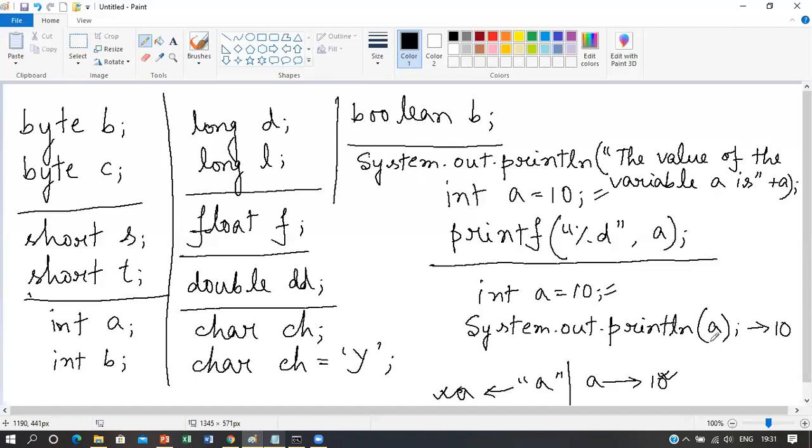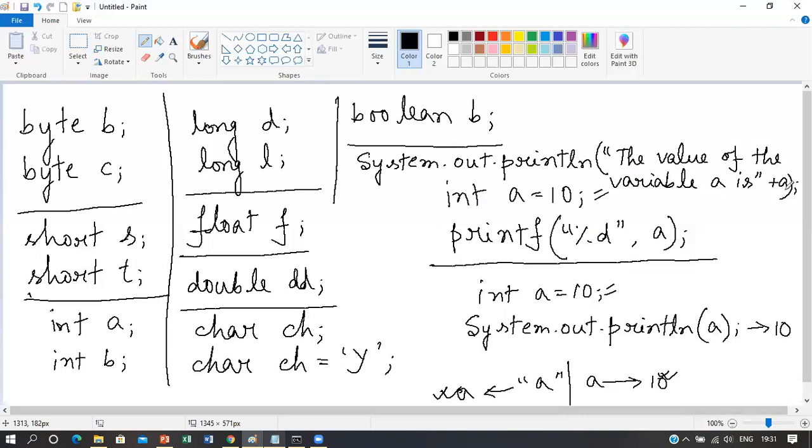As you know, there is no concept of format specifier in Java. So we don't need to write any kind of format specifier in Java. These things like %d, %f, %s, %ld, which are known as format specifiers, are not there in Java. So you don't need to write any format specifier.